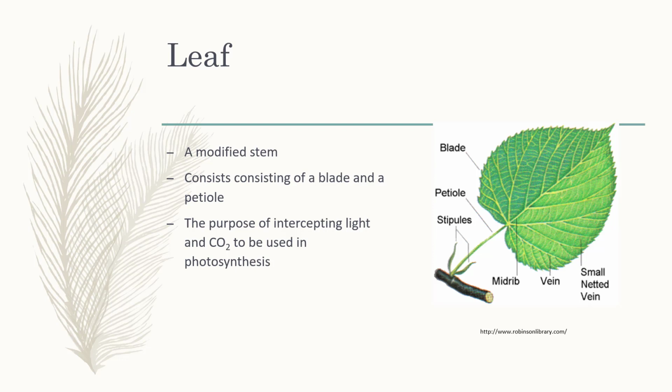The stipules are two small flaps that grow at the base of the petiole on some plants. Some stipules, such as those in the willows and certain cherry trees, actually produce substances that prevent insects from attacking the leaf as it's developing. The other thing is that you're going to have an axillary bud at the base of the leaf, and I'll show that to you in a second here.